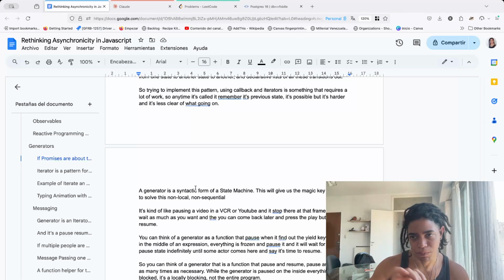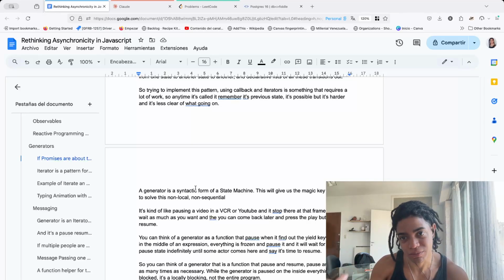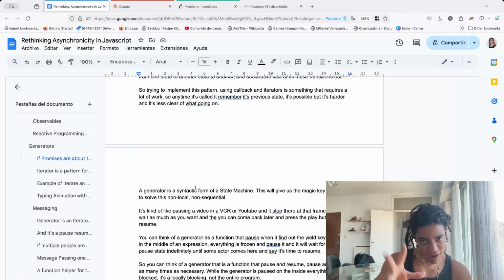This ability to pause and resume is a great thing because you can also pass some data to it. Anytime you create a generator and run it, what you get is an iterator,